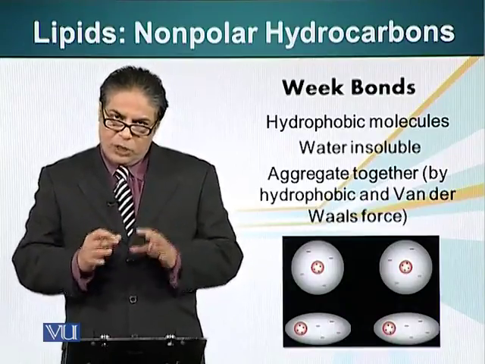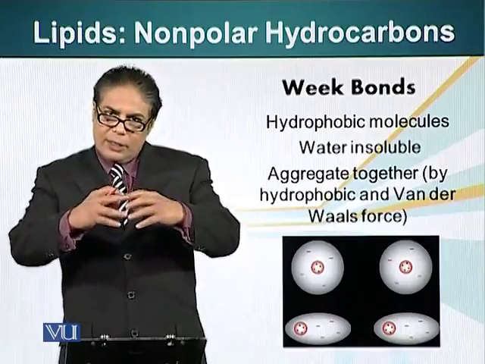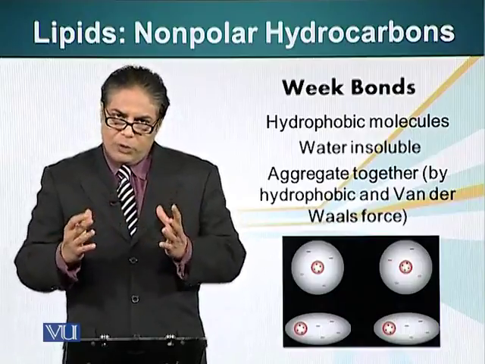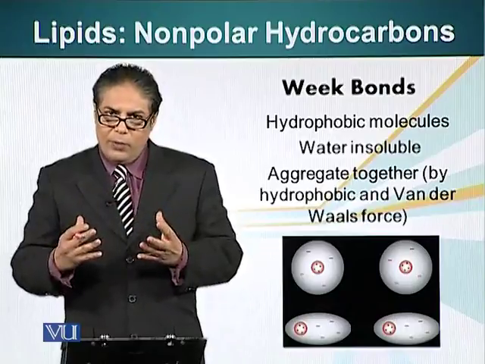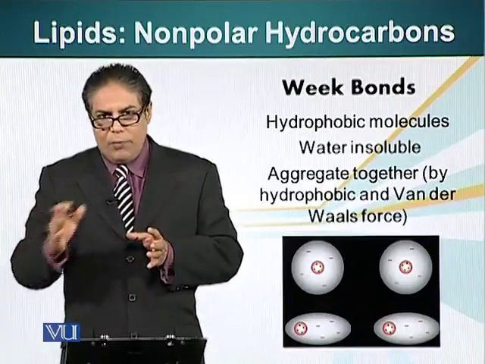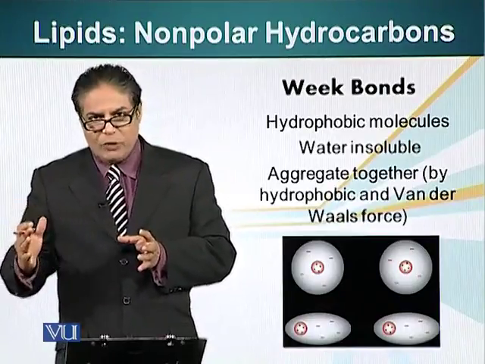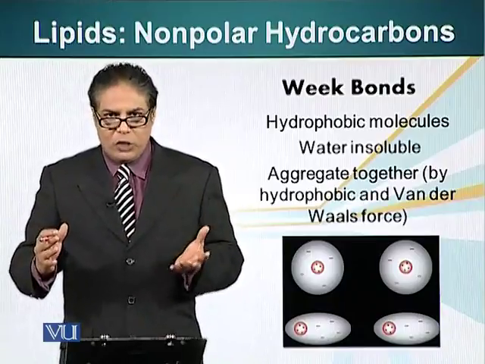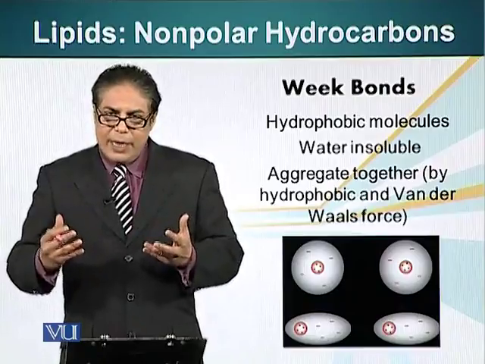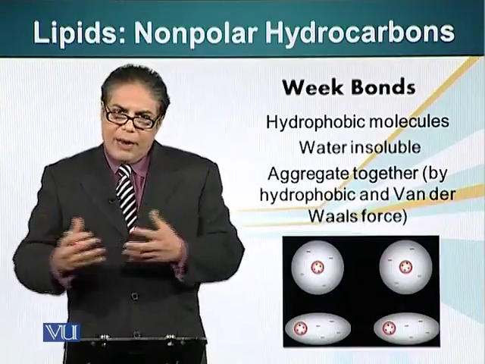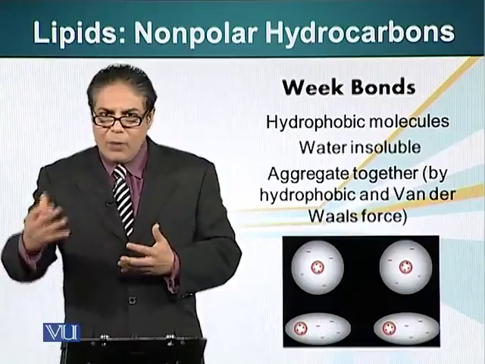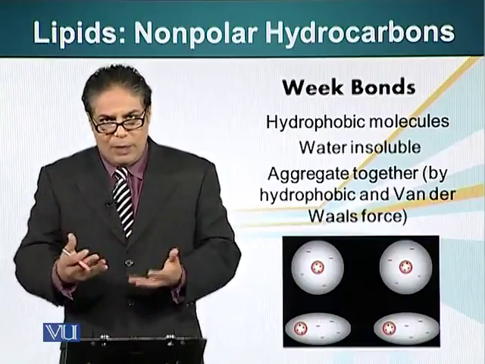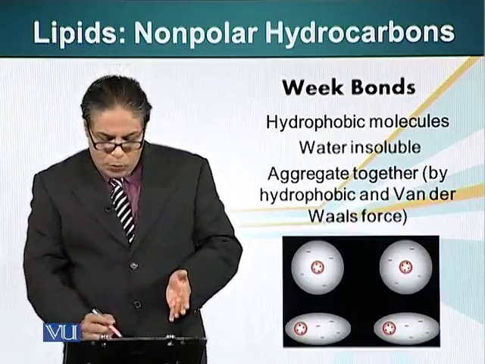meaning that the nucleus containing the positive charge, when it moves to one side, there will be a charge distribution on that molecule, that one side of that molecule will have predominantly negative charge, and the other side of that molecule will have predominantly positive charge. When that happens, this structure can form weak interaction with another molecule which is going through a similar process, meaning the two positive sides,